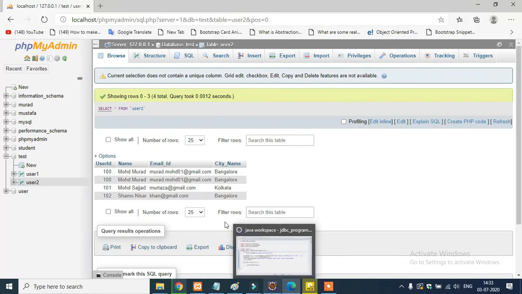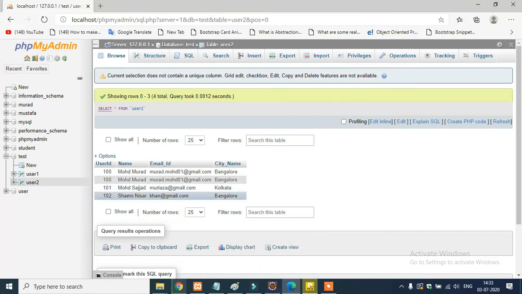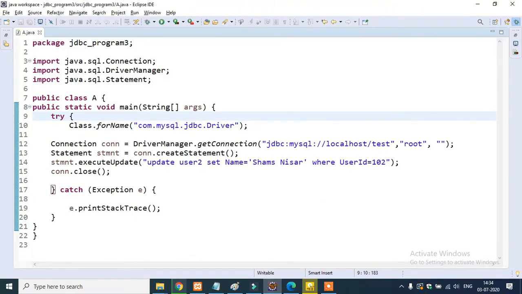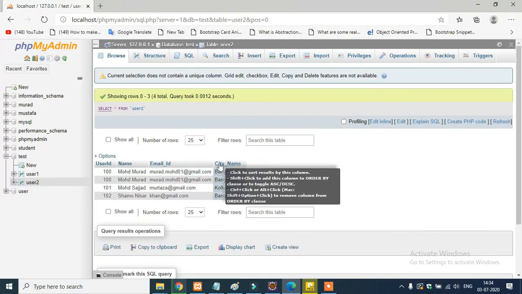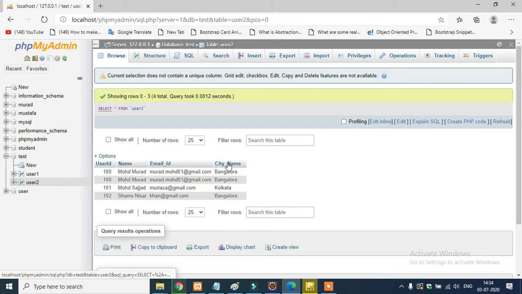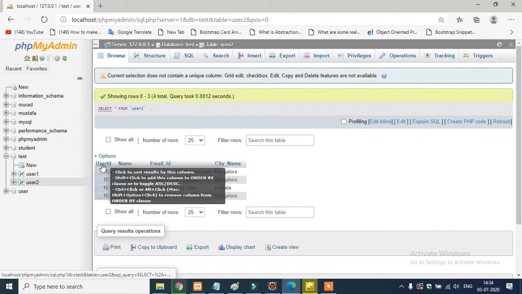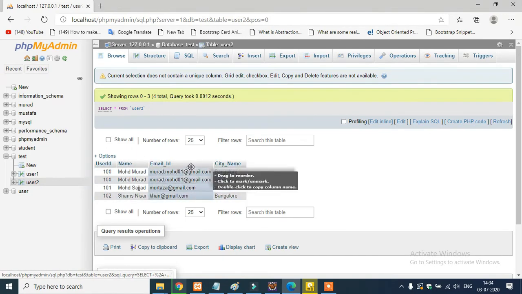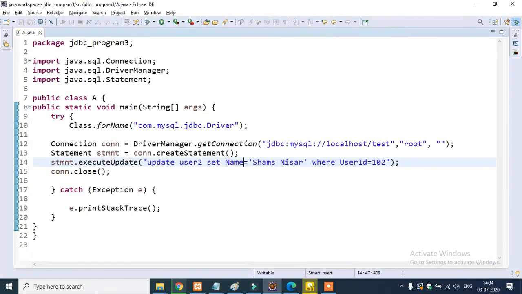And next, I am going to change this city name Bangalore to Punjab. What I will do, guys, is first write down the column name. Column name is city name, and these are case sensitive, guys. This column name, username, user ID name, email ID, and city name, these are case sensitive. You need to write as it is. Then I will remove name and write down city underscore name. City name, let's give it as Punjab.